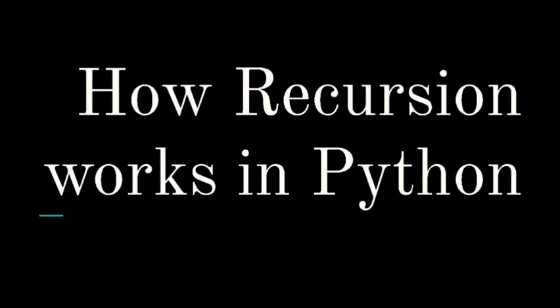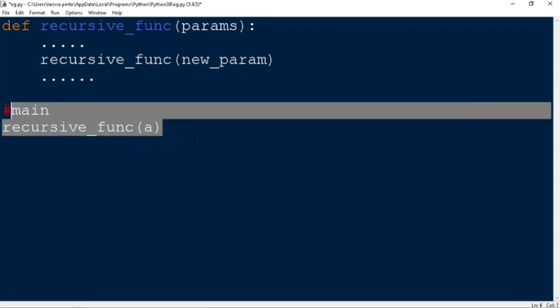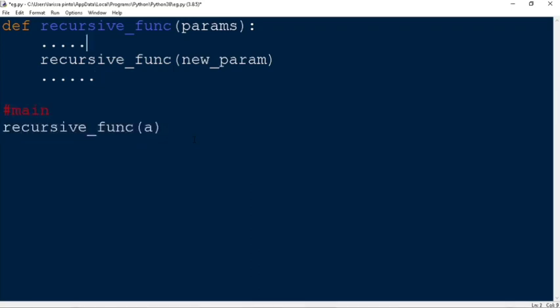Let's see how recursion works in Python. The syntax for a recursive function is as follows. Now, to demonstrate how it works, I will write the name of a function, greet,